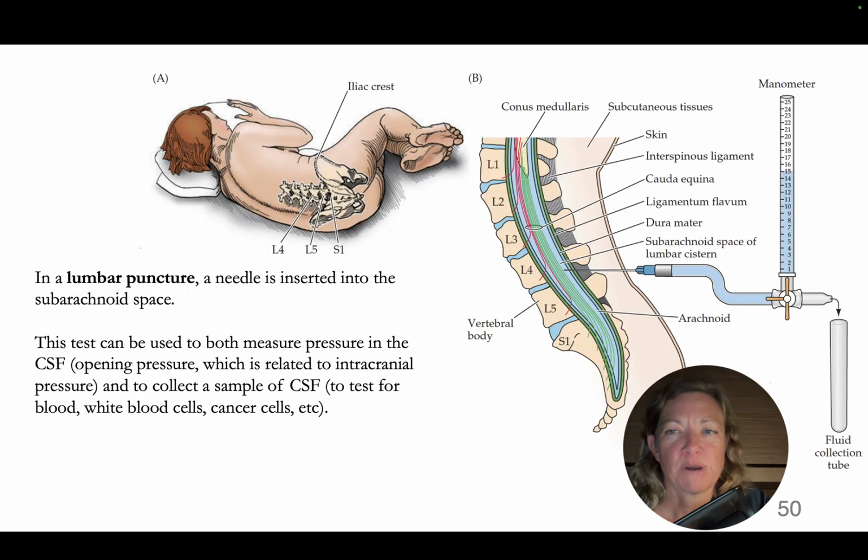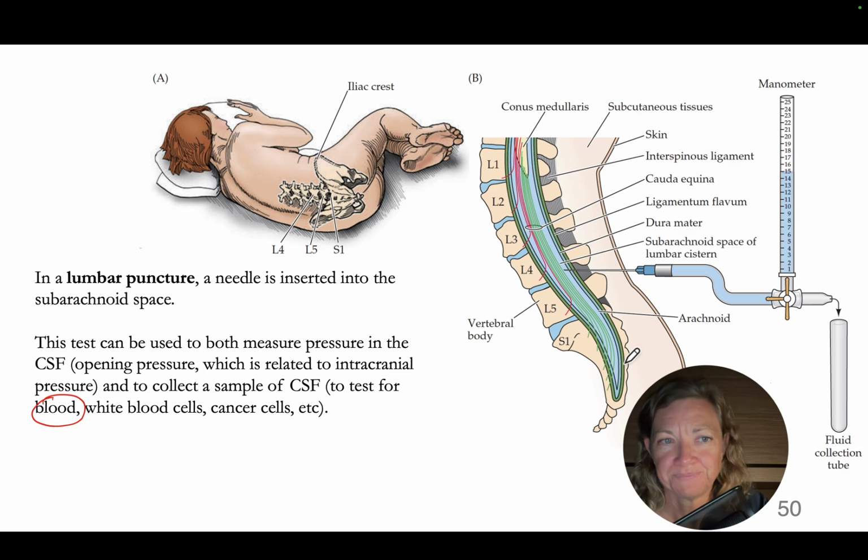Now, as we just saw, you can typically see a subarachnoid hemorrhage on imaging. However, if someone has this horrible thunderclap headache, a lumbar puncture can be used to rule out subarachnoid hemorrhage that isn't immediately apparent on imaging. So a lumbar puncture, of course, is a sampling of CSF collected from the subarachnoid space. And so you can use it to test for a number of things. Meningitis is one. It's used to test for inflammation of the meninges, to test for the presence of things like white blood cells. You can also use it to test for the presence of blood, and blood present in the cerebrospinal fluid collected via lumbar puncture would be indicative of some sort of bleed in the subarachnoid space,